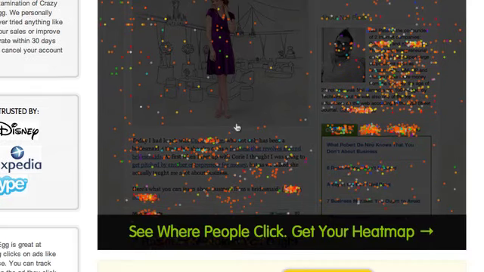So all of these little circles are individual clicks from individual people. So for instance, if you have an image that's not getting very many clicks, you can rotate that image out with some other images and see if people are clicking on them. And you can make it so that if someone clicks on that actual image, then a box would pop up for them to put in their name and email. So there's a lot of different ways that you can leverage Crazy Egg,